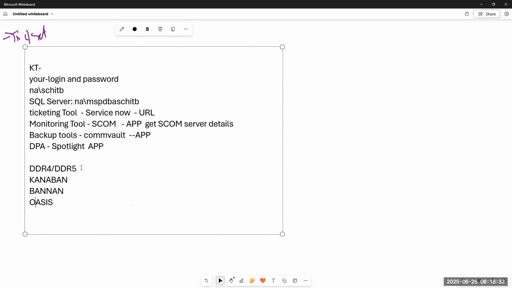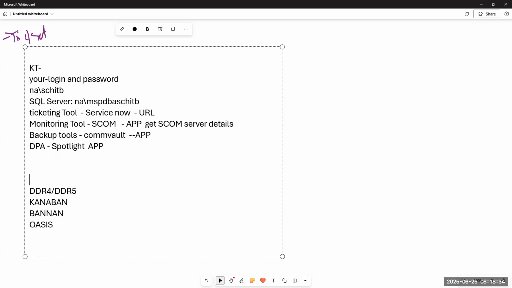So basically, you need to get the server repository. Server repo is very important. It means how many servers we are maintaining. You are a SQL DBA: how many SQL servers are we maintaining? That is nothing but the server inventory. You can technically call it inventory or server repository. Where is our server repository? Where can I get the details? How many servers are we maintaining?